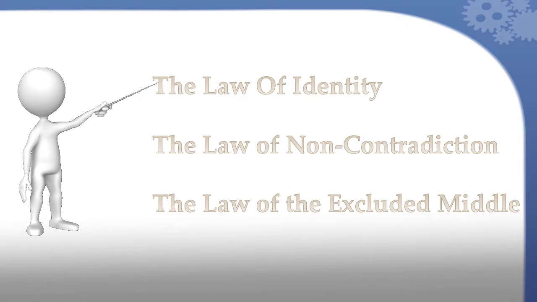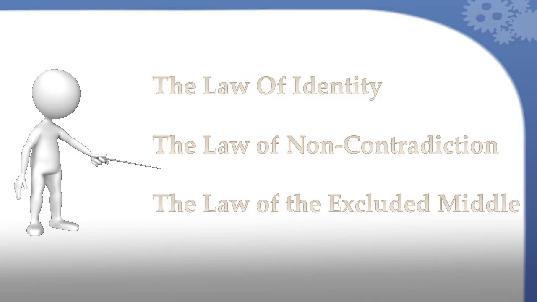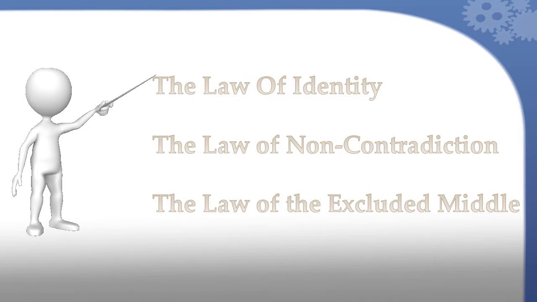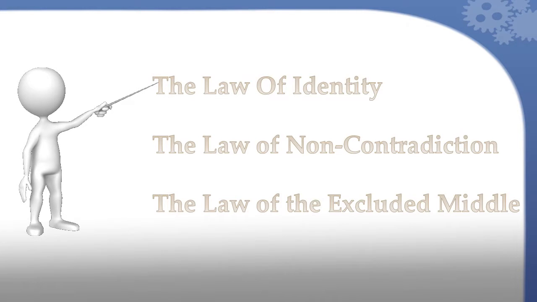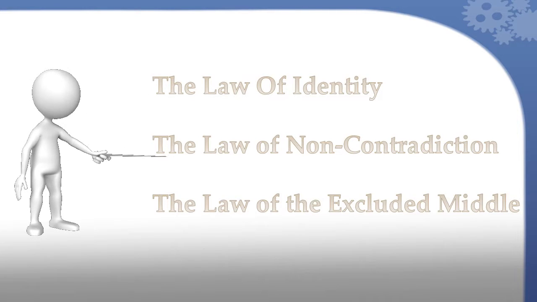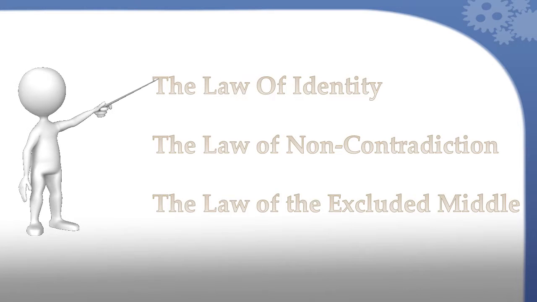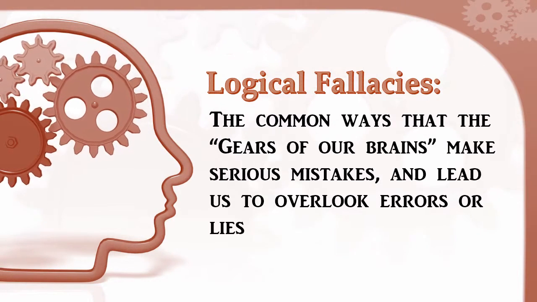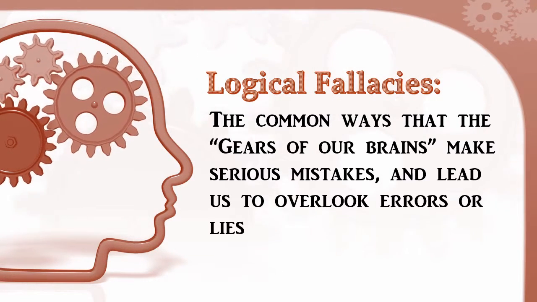These three fundamental principles allow us to discuss and explore truth claims, while they also show us how to avoid error, which is simply a mistake in thinking. These concepts are not truth itself, but they allow us to properly process information so that the truth becomes more clear to us.